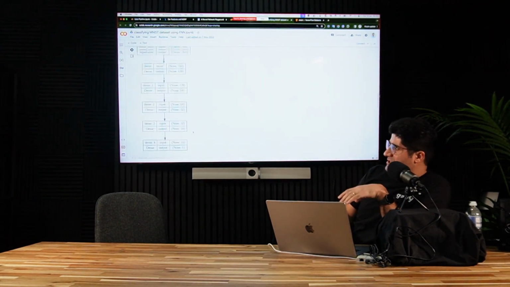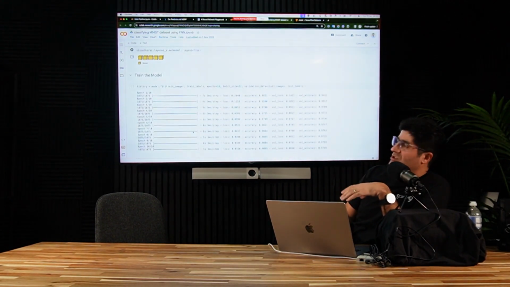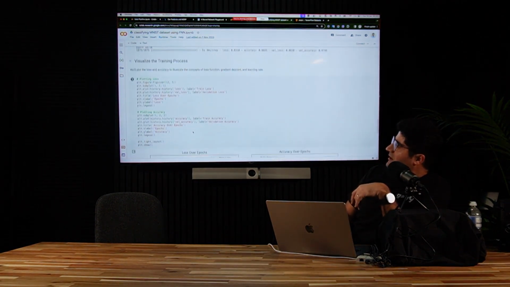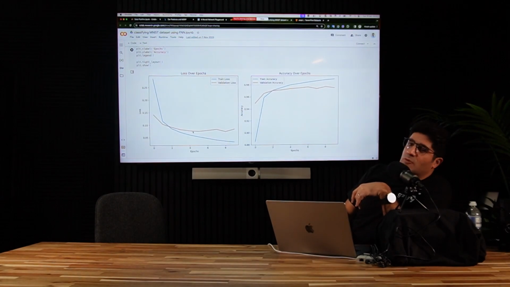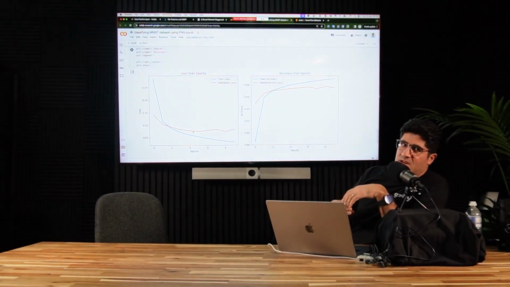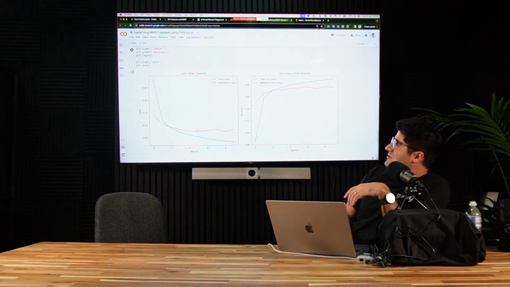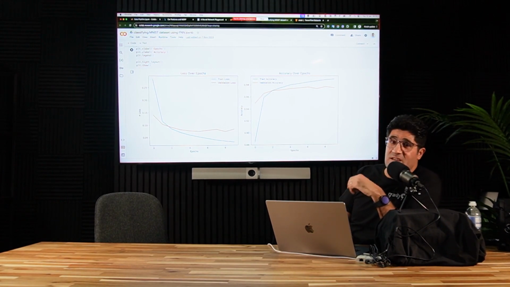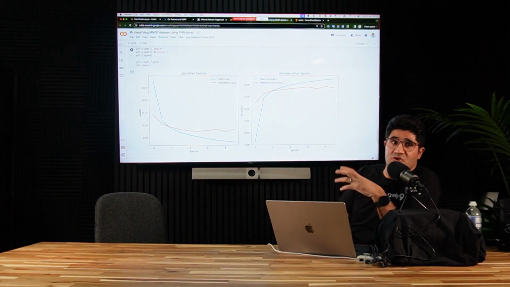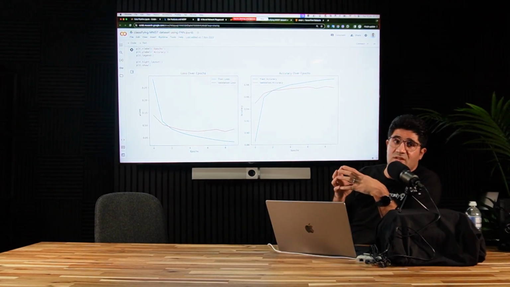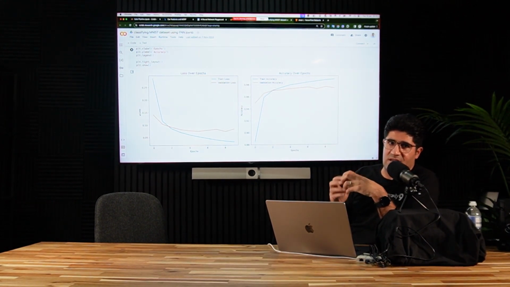The same process is going on, and then we train the model, and finally we can visualize the process of learning. So for example, in this case, loss is a metric that we can check to see how well this neural network learns, or how much difficulty it had learning the data.